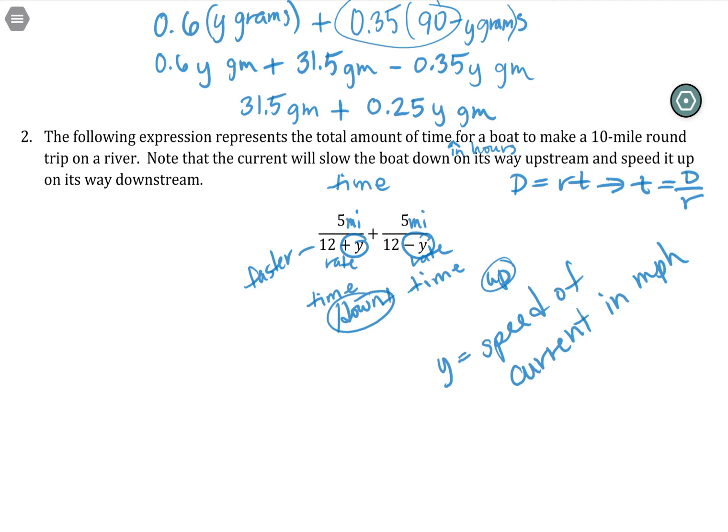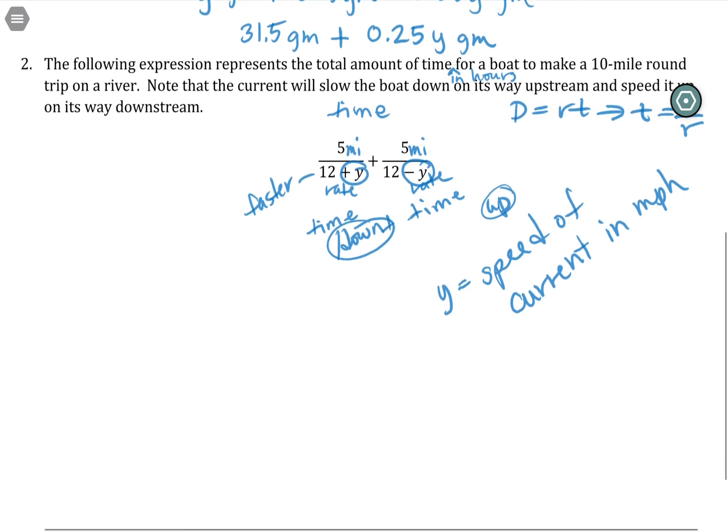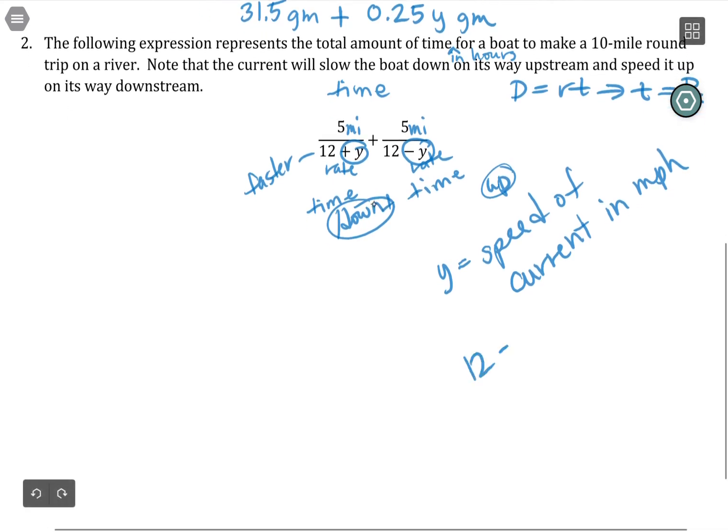If this is time in hours and we know our distance was in miles, then that better be speed in miles per hour. The last question I would have then is what in the heck is the 12? And what should be going on there is if we're adding and subtracting the current speed to that 12, it should be the speed of the boat if there was no current. So 12 equals the boat's speed with no current